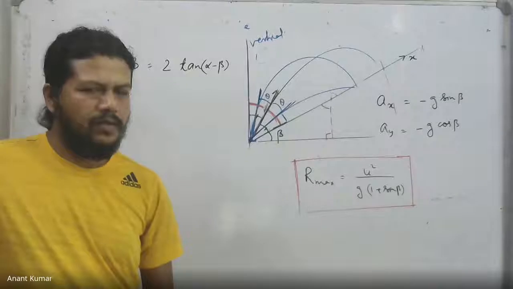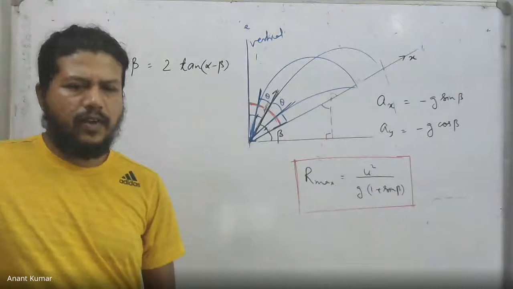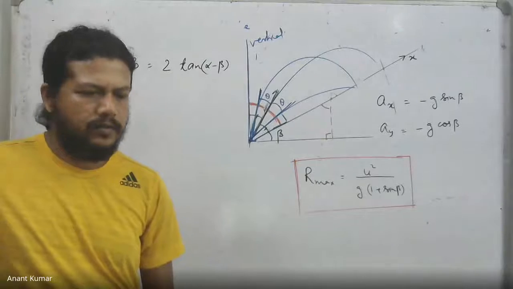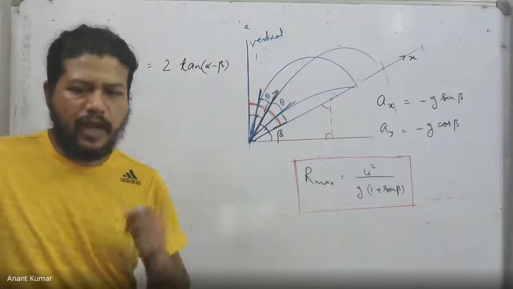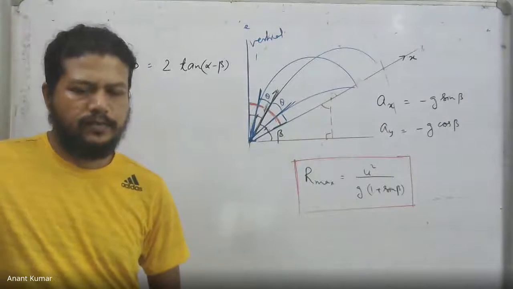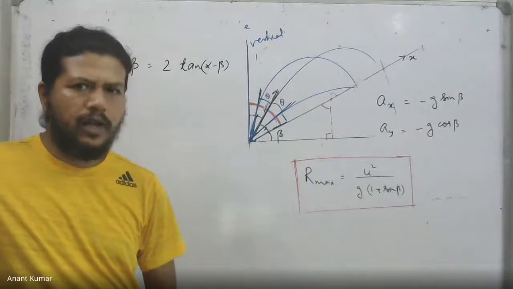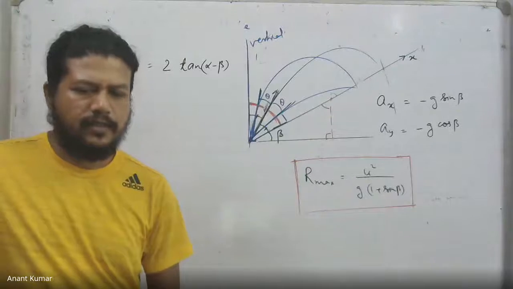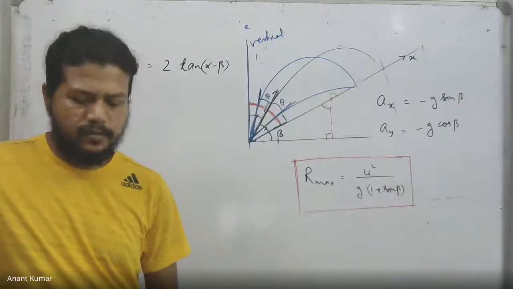Yes, sir. When we throw any body from a height, then that velocity is called the horizontal velocity, though. Horizontal velocity is a velocity component parallel to the ground. Not when you throw something from a height. Even if you throw something from a height, it can still have x and y velocity. Then, sir, the y velocity, the initial velocity is 0, though. Why? That is only happening if you throw it parallel to the ground. You said from a height. From a height, you can throw it in different directions as well.